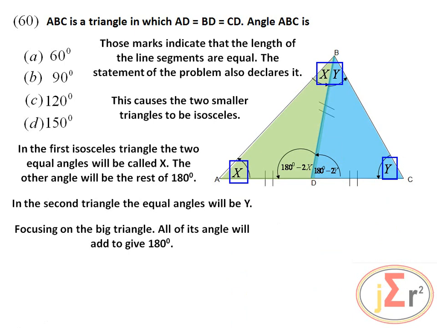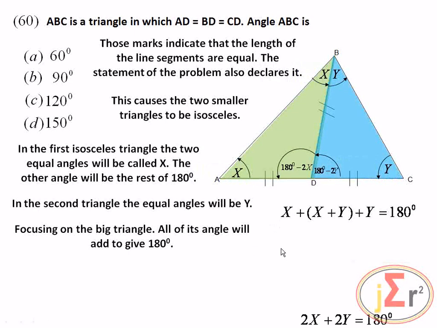When we add them, we have x plus x is 2x, and y plus y is 2y. So we have 2x plus 2y,